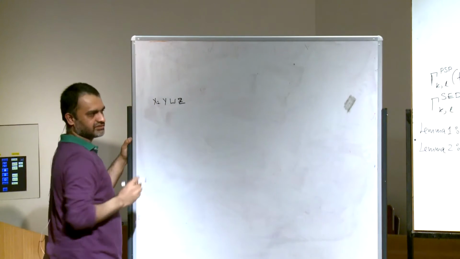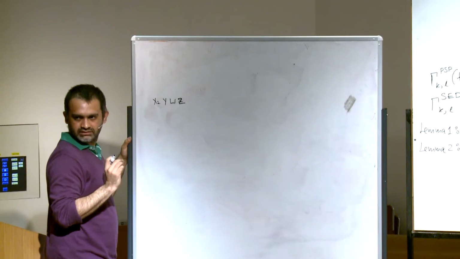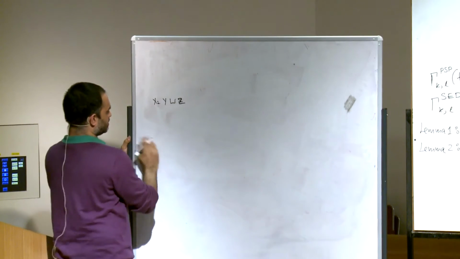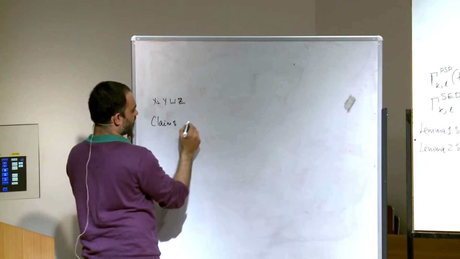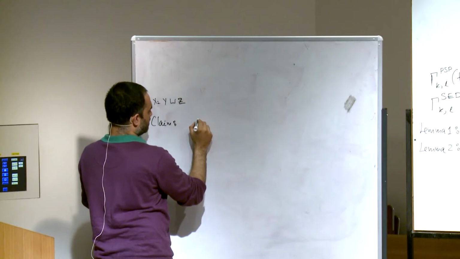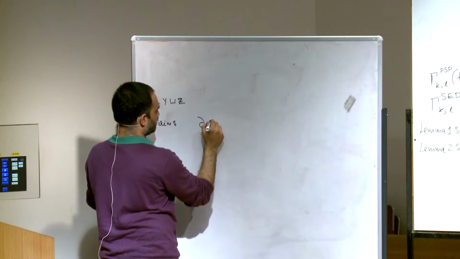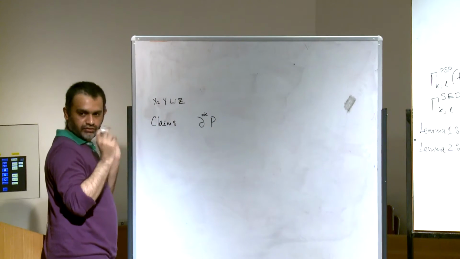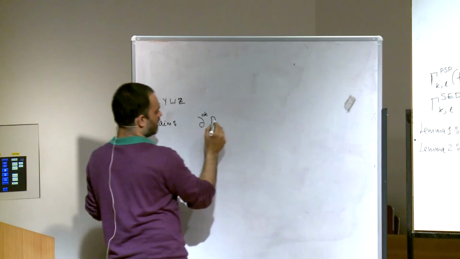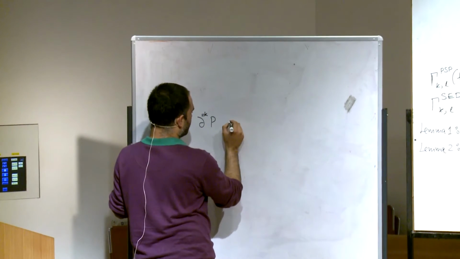I'm looking at partial derivative with respect to y of order at most k. Okay, this is what I'm going to do. So the claim I want to make is the partial derivatives of a polynomial p of order k. These are formal partial derivatives. I want to claim that they are